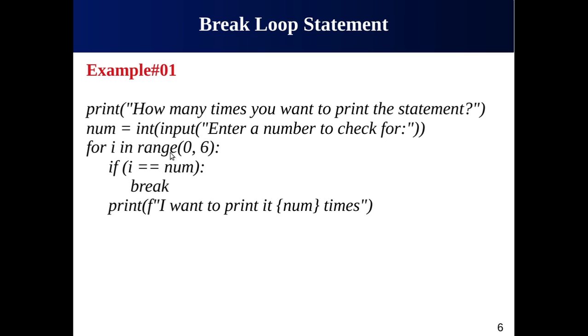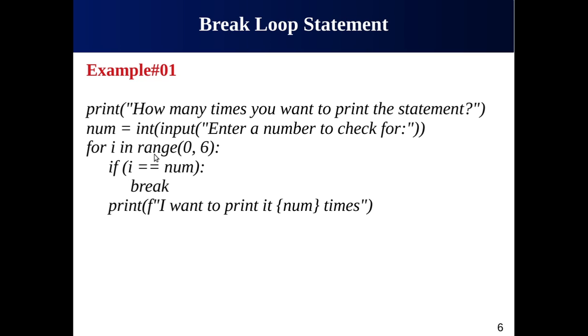Now the value of i is 3. 3 is less than 6. Yes, it is less than 6. Okay, go and execute the body of the for loop. Come here. Check the condition. The value of i is 3. The value of num is 3. So 3 is equal to 3. Yes, now the condition is true. You have to break. If this condition is true, execute this statement, which is break. Break here and do not go backward. Stop the loop here. So the execution of this loop will stop after the value of i reaches 3.